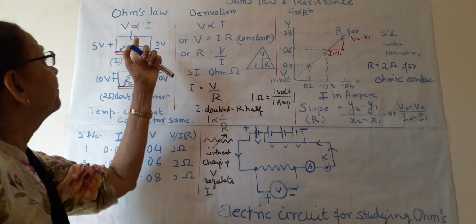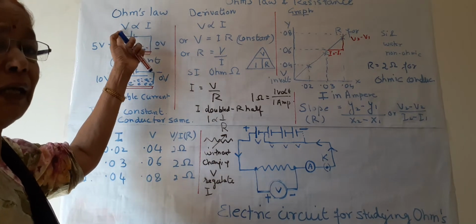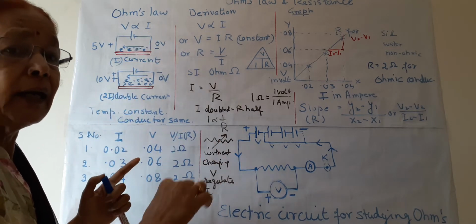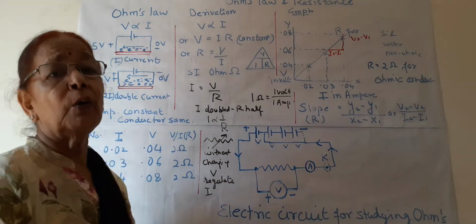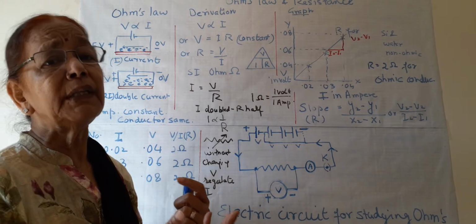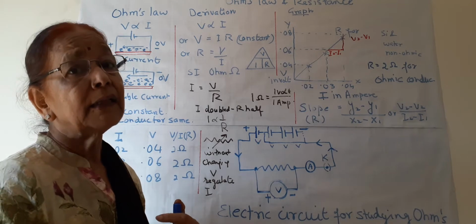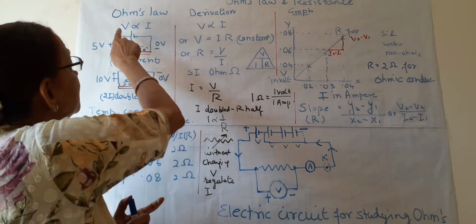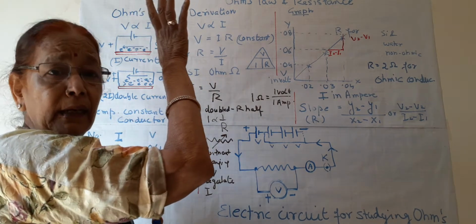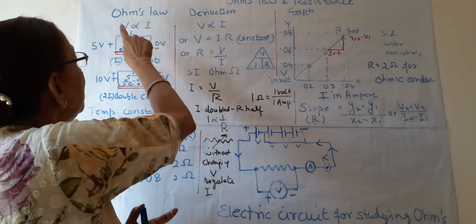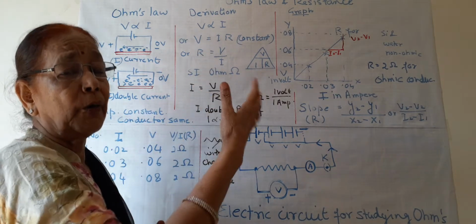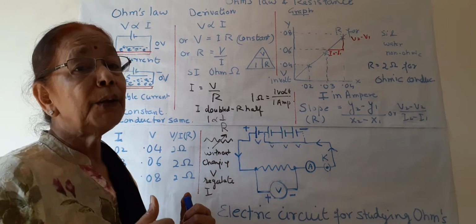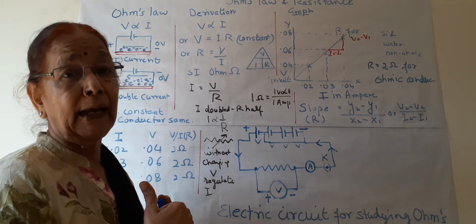So as you know, now you know what is V. V is potential difference. What is I? I is current flowing in the conductor. We wonder now whether there is a relationship between this V and I. Yes, there is a perfect relationship. Now all of you know V is potential difference and I is current, and I will use the term only V and I now. There is a perfect relationship between V and I. They both go hand in hand.